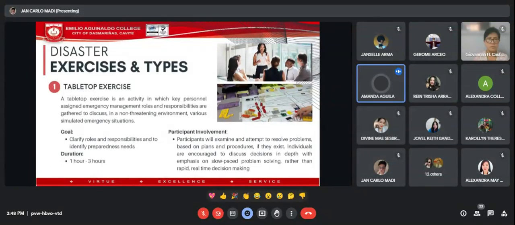So, the participants are highly encouraged to discuss decisions in depth with emphasis on slow-paced problem solving rather than rapid